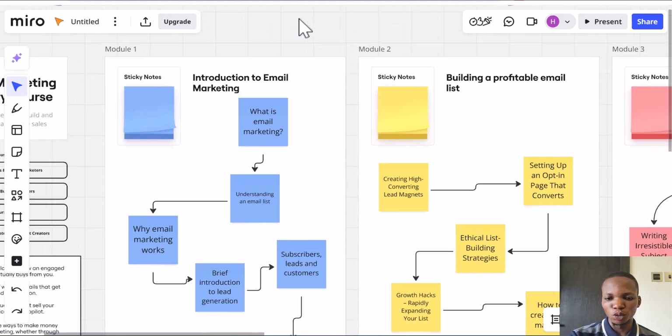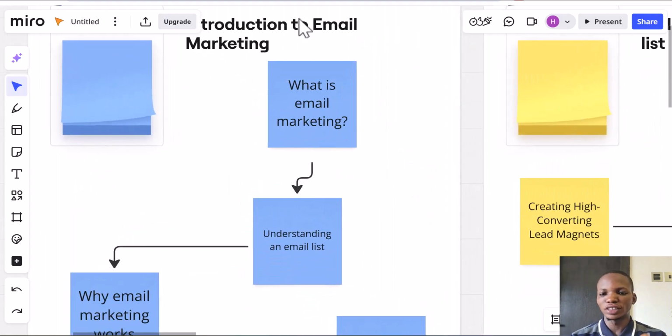But before we go to the next lesson, let me quickly run you through what you'll be learning in this particular module. The first thing you learn is what is email marketing, which we just took right now. Then the next lesson is about understanding what an email list is. I have made sure every lesson in this course is less than 10 minutes, so that I don't get bored easily, because I easily get bored when I'm watching courses.